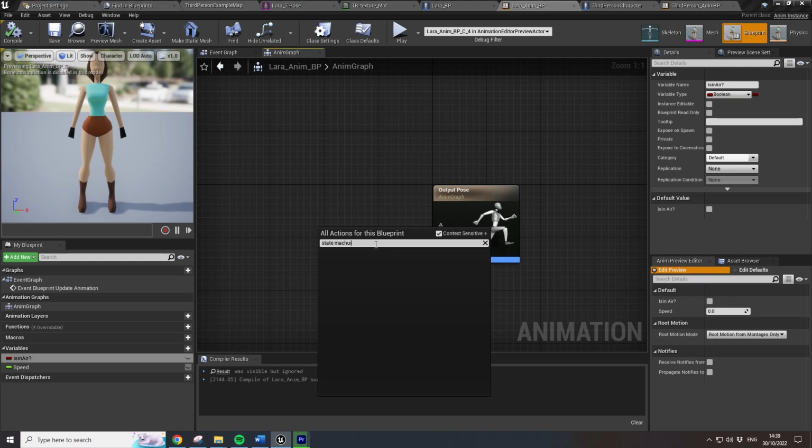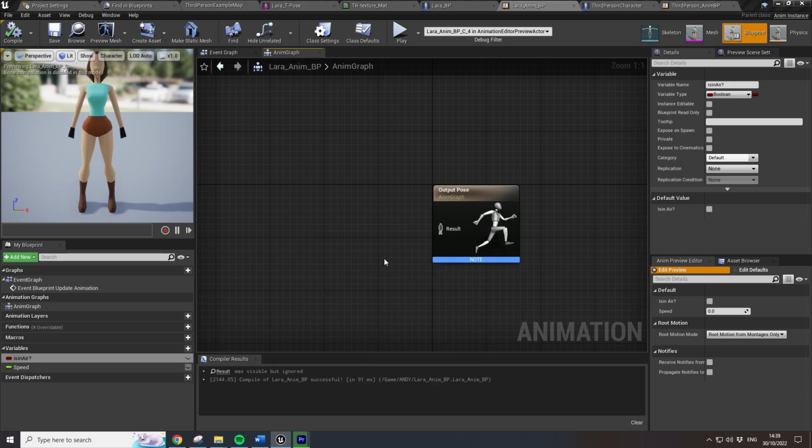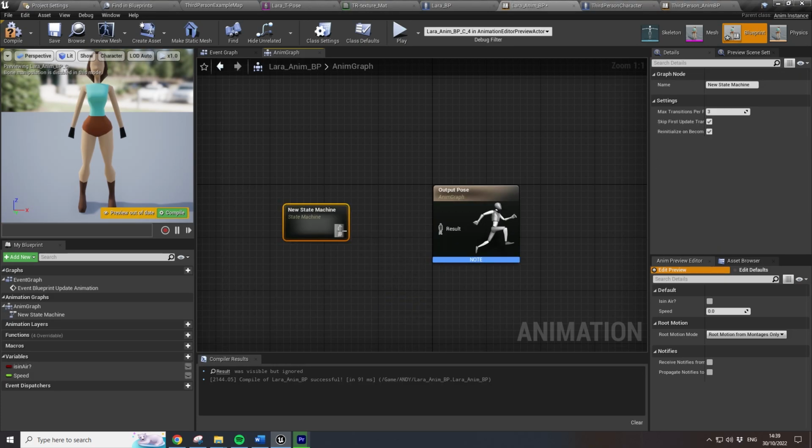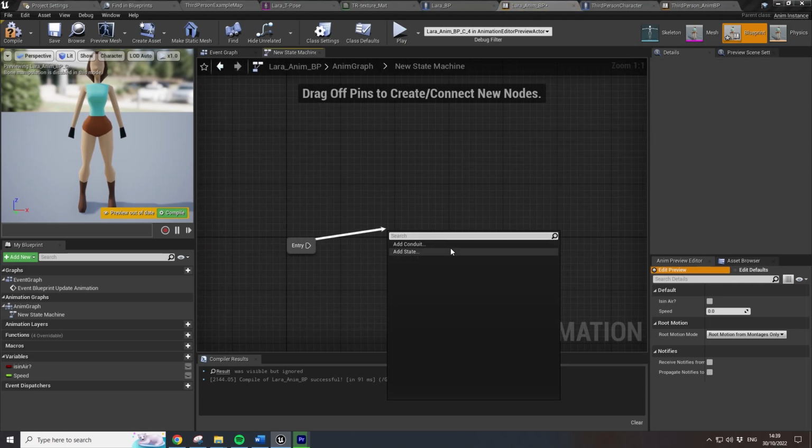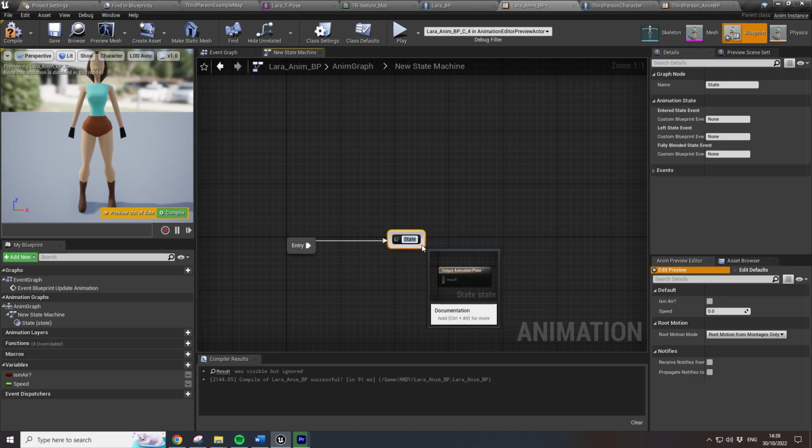With that in mind, we need to set up a new state machine. A state machine will basically control everything that the character needs to know to work out what it needs to do when we are controlling the character. So does it need to be in a walk state, does it need to be in a run state, and we need to set up all the values for this. I think if I double click on the state machine, so entry,